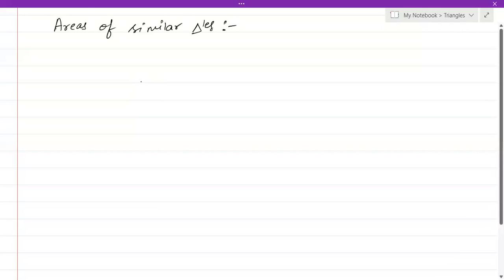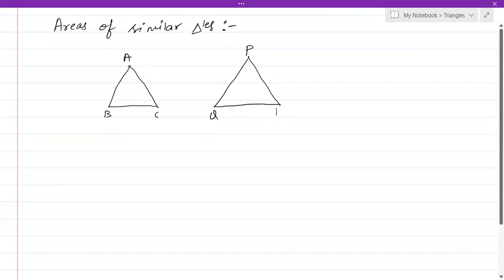Now we'll go the next step further. If two triangles are already similar, then, for example, let's take two triangles, triangle ABC, let's take triangle A, B, and C, and let's take another triangle P, Q, R. We know how to prove the triangles are similar. Suppose these two triangles are similar,